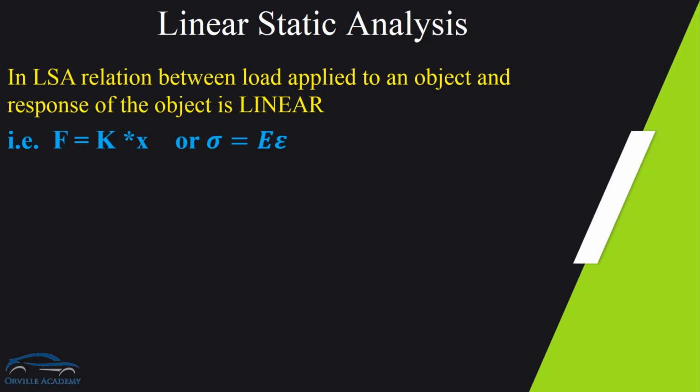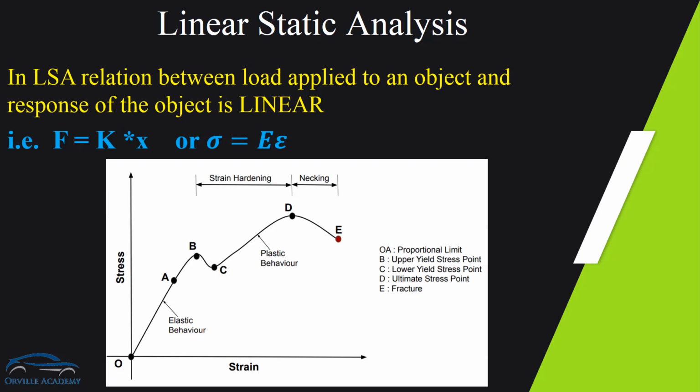Now let me show you the same thing with the help of the stress strain curve. Here I have the stress strain curve for a typical steel. If I create a curve having the slope equal to the Young's modulus, as you can see in the figure, then the slope of this curve is nothing but the stress divided by the strain. As you can see, within the elastic limit I am not able to distinguish between the actual stress strain curve and the curve that I have applied.